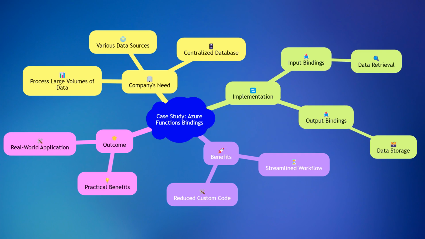Let's explore a real-world case study of a company that implemented input and output bindings in their Azure Functions. The company needed to process large volumes of customer data from various sources and store the results in a centralized database. By using input bindings for data retrieval and output bindings for data storage, they were able to streamline their workflow and reduce the amount of custom code required. This case study highlights the practical benefits of using bindings in Azure Functions and demonstrates how they can be applied